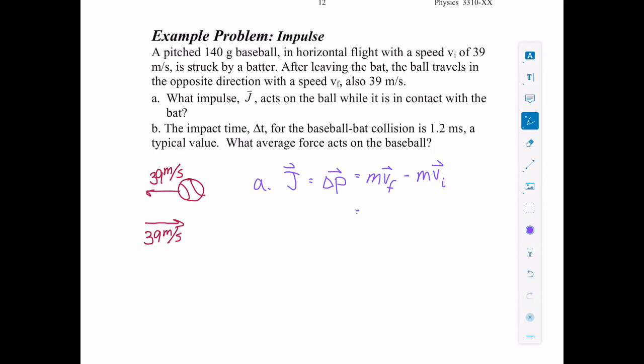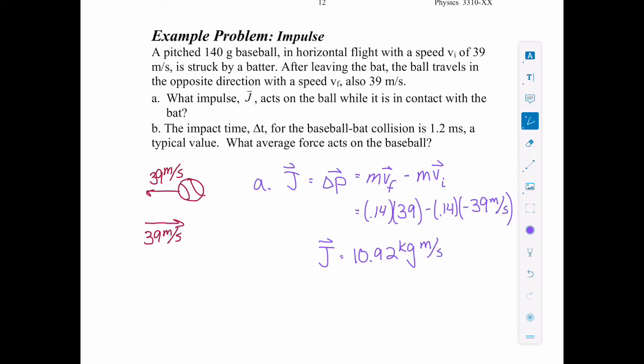Okay, the mass they tell us is 140 grams, which is 0.14 kilograms. The final velocity, be careful of signs. This is a vector. So my final velocity is in my positive direction, 39, minus my initial momentum, so 0.14 times the initial velocity, and that's in the negative direction. So the minus becomes positive. You can type all of that in. You get 10.92